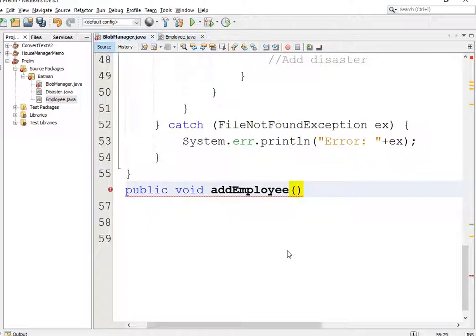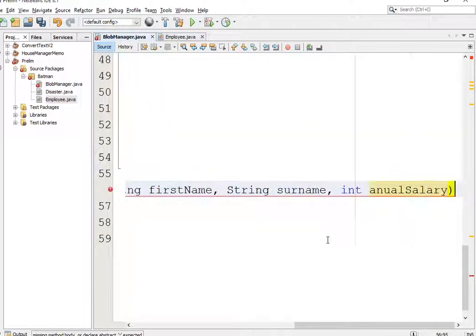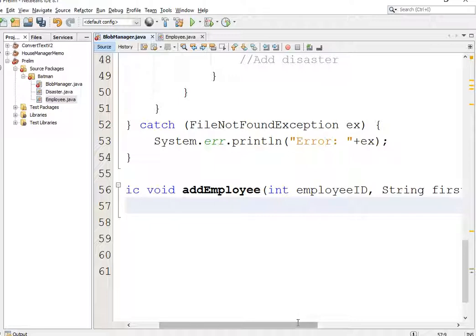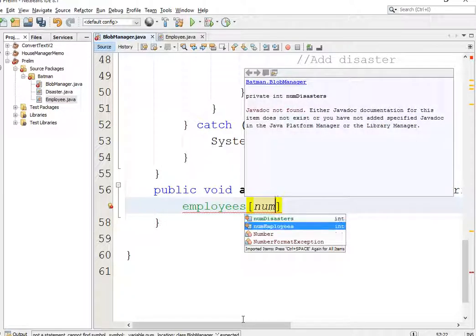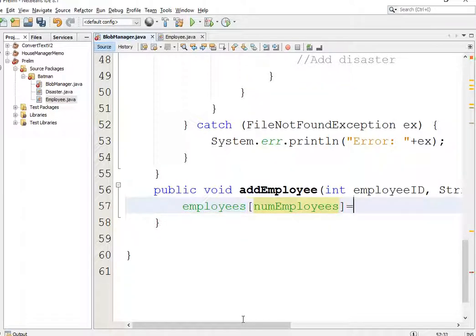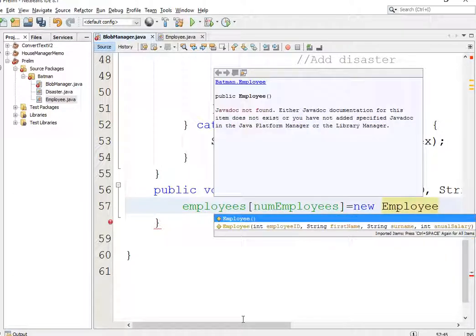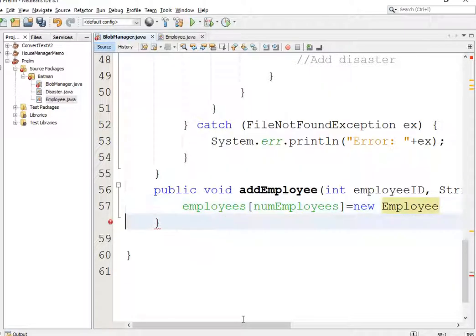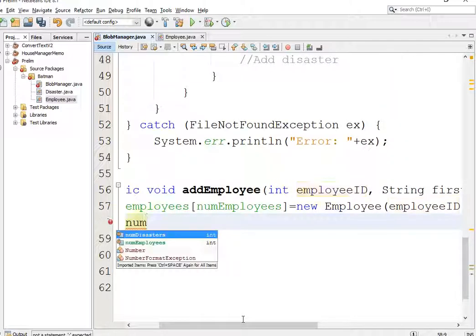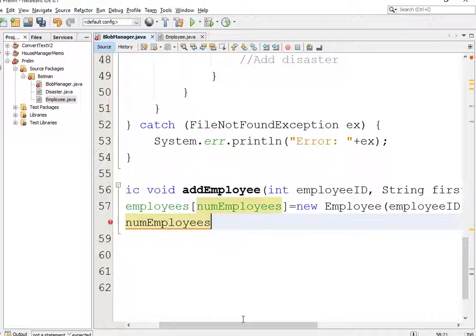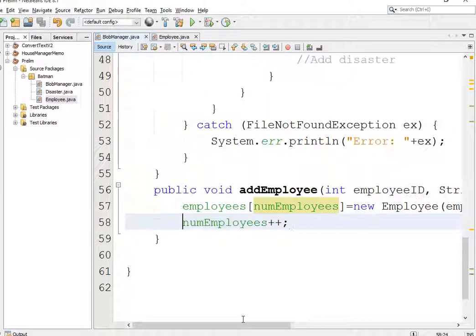Copy, paste, and then we'll go through and we'll go employees, position numEmployees is equal to new Employee. Oops, fully parameterized constructor, done, numEmployees++;